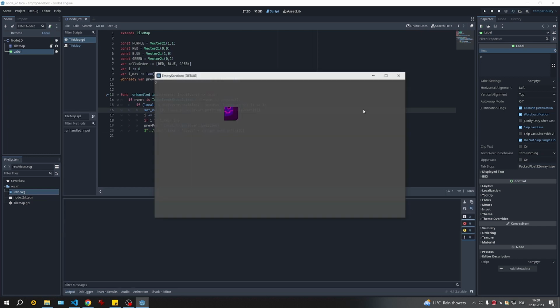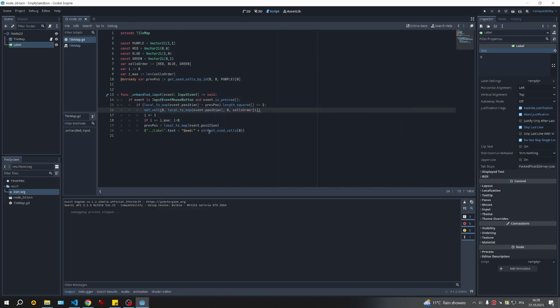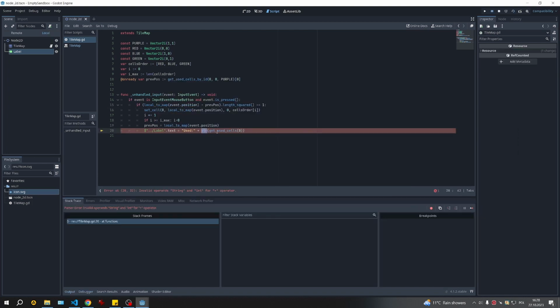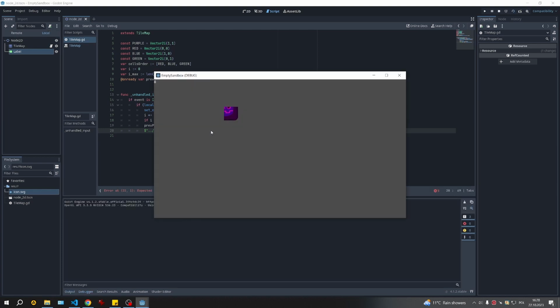Okay, let's check how it looks. We have 0. Okay, but this one shows coordinates, so let's put a length here and this one will work. Or maybe not, we still need to. Okay, as you can see, it works. This one will be it for the basic interactions, but